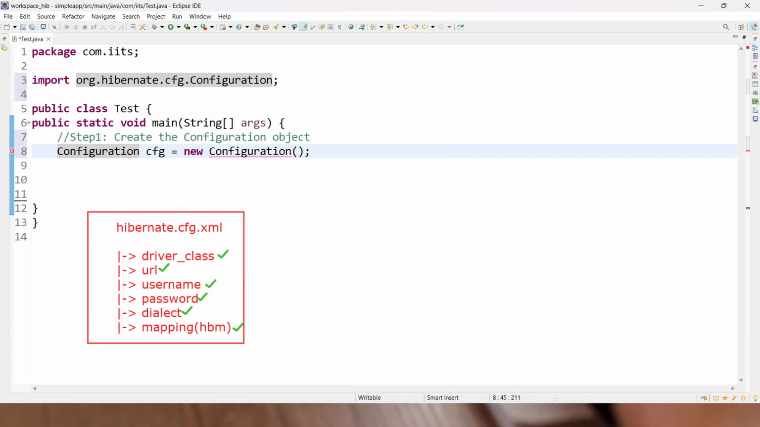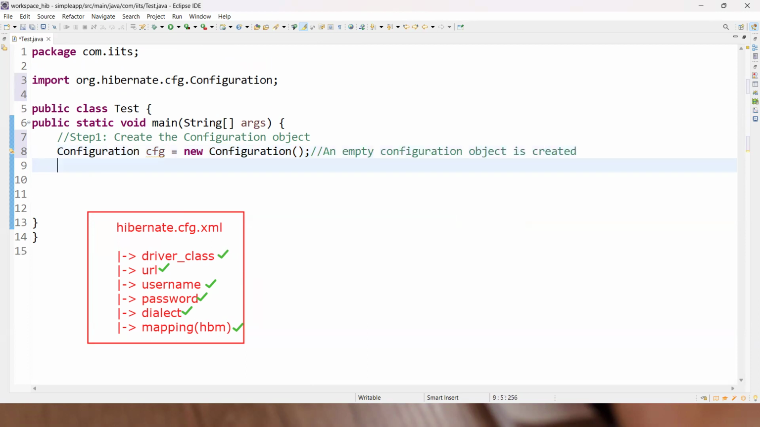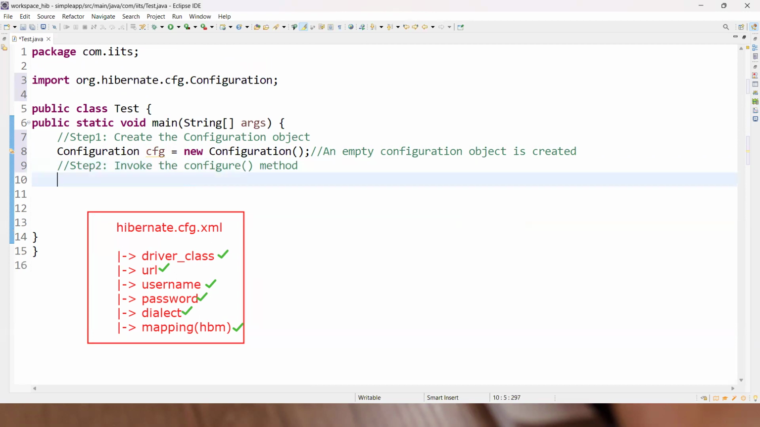An empty configuration object is created. Okay, an empty configuration object is created here. Now, step two, what I'm going to do, guys, is invoke the configure method here. Now, what happens, guys, with the configure method here? Whenever we call the configure method, it always